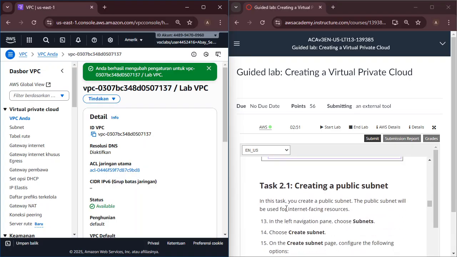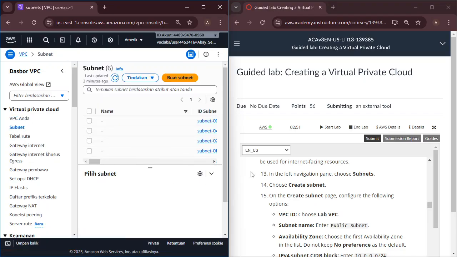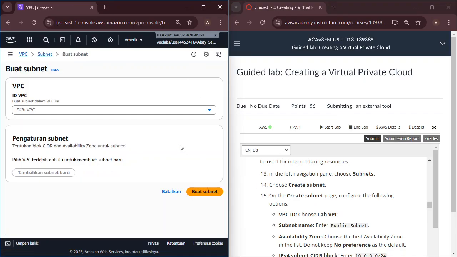Task 2.1, creating a public subnet. In this task, I will create a public subnet. The public subnet will be used for internet-facing resources. So click Subnets, and choose Create subnet.